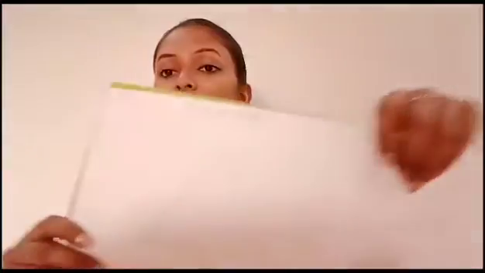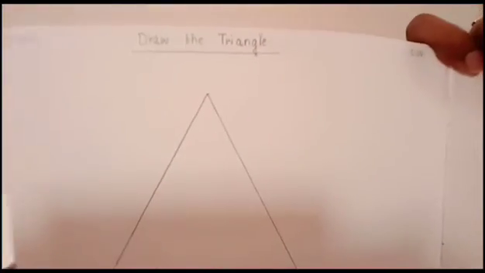So, first of all, open the page. Next to the triangle shape, we have made the triangle shape on this page, and on the next page we will make the birthday cap. For that we need to mention the date, heading, draw a birthday cap, and classwork. Fine. So these three things we need to mention at the top of the page.